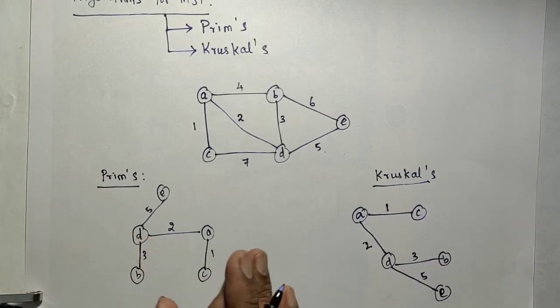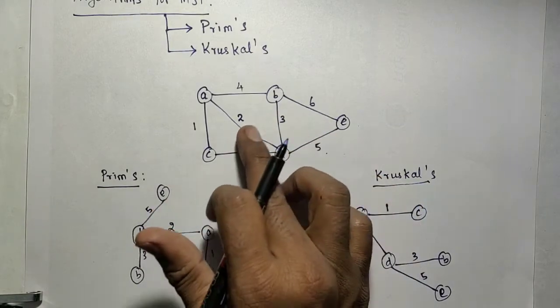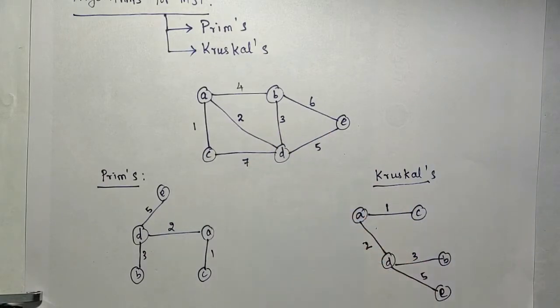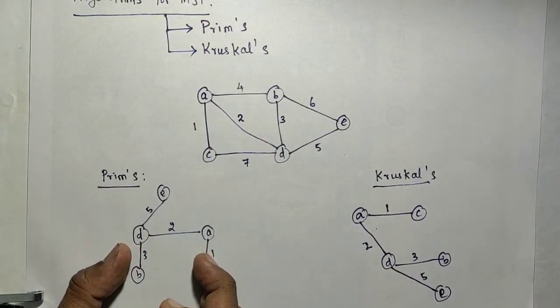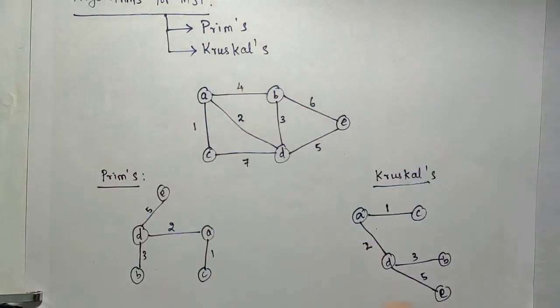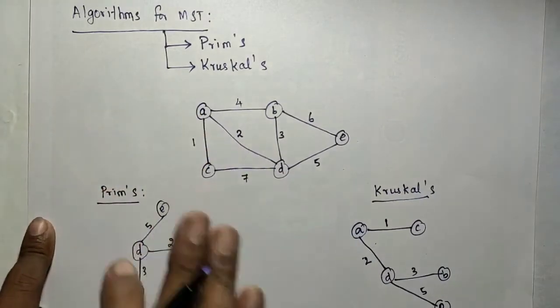Prim's algorithm will start with a vertex. It will look at the adjacent vertices and pick the least cost edge. And then from that group of vertices which are chosen for the spanning tree, among all the adjacent vertices, the least adjacent vertex will be chosen. So one by one it will proceed. This is the brief algorithm of Prim's and Kruskal.